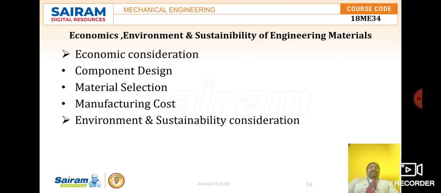Okay, so let us discuss what elements are there in this content. First one is economic consideration. In economic consideration, there are three things we have to take care of: component design, material selection, and manufacturing cost. Economic consideration depends upon these three factors. While designing any component or system, the engineer must come across a